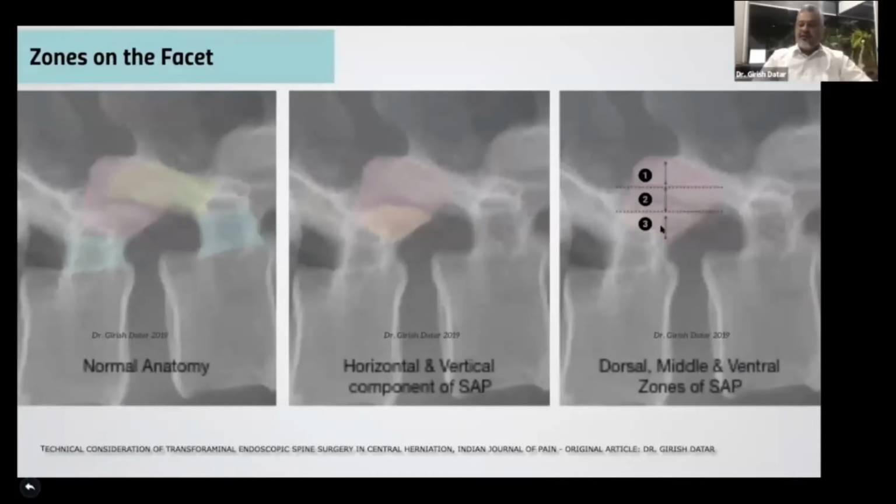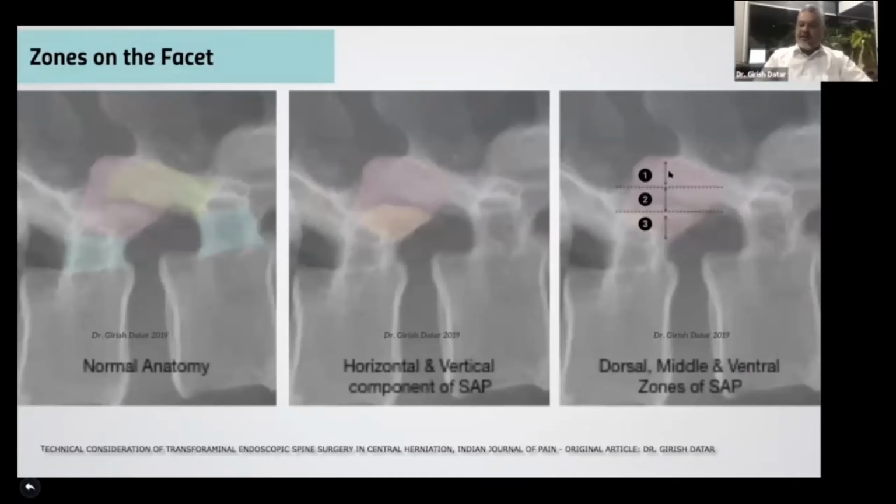So now if you're able to divide your superior articular process vertical component into three parts, one is the dorsal 1/3, the middle 1/3, and the ventral 1/3, then you can dock your Tomshidi for herniations which are grade 1 and grade 2 in zone 3, and for grade 3 herniations in zone 2.